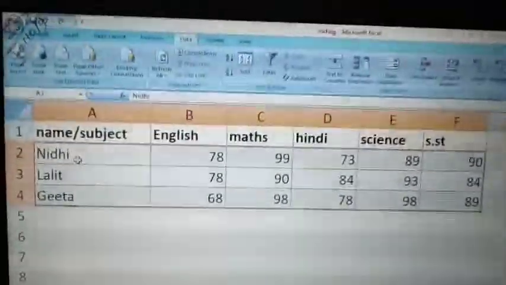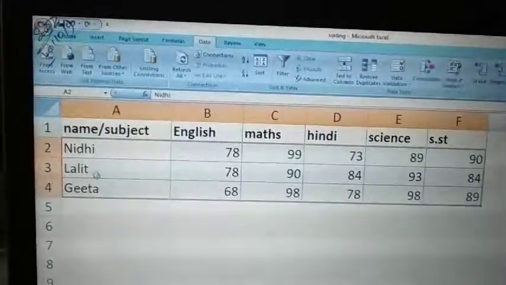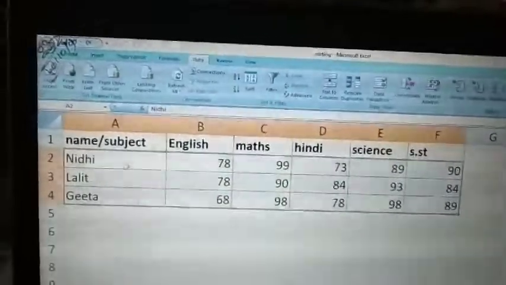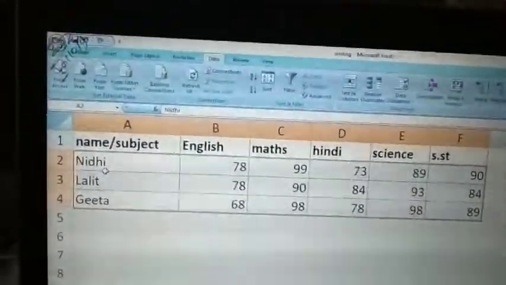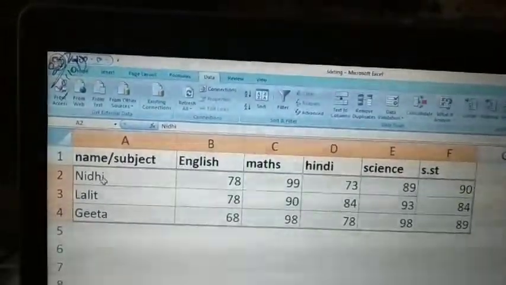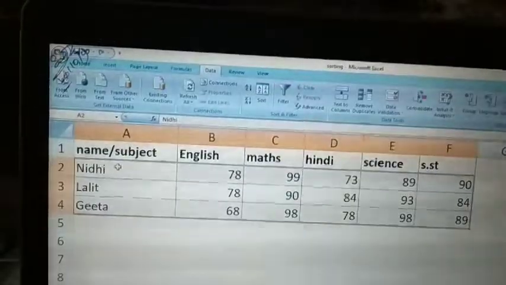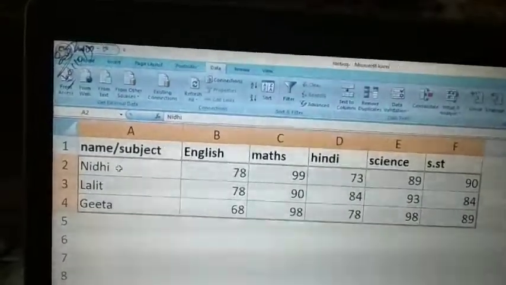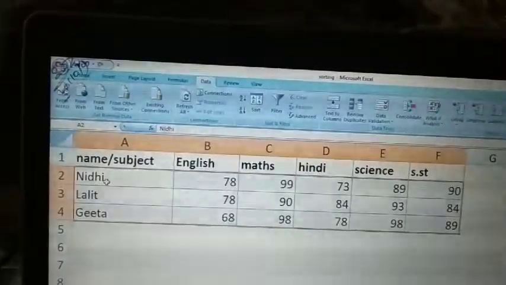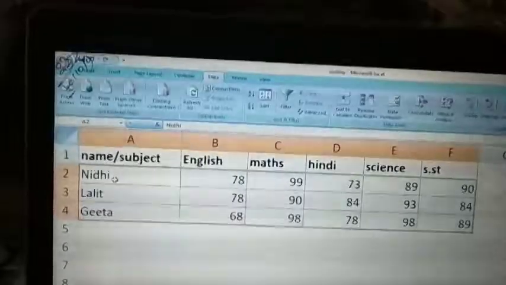If you are seeing on the screen, here are some records of Nidhi, Lalit, Geeta, and their marks in English, Maths, Hindi, Science, Social Studies. So if you want to arrange these records in ascending order, selecting the column name, it means whose name comes first in alphabetic order should come into the first line.